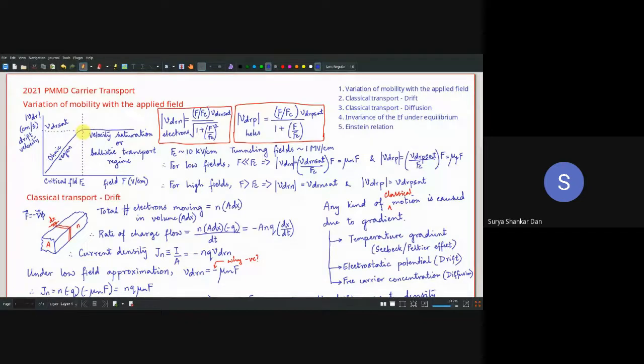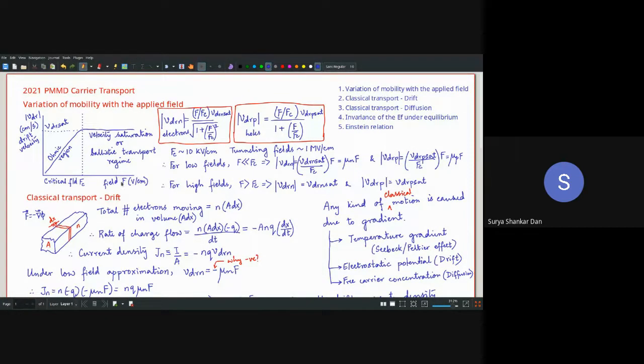Can anybody guess an intelligent answer? Energy bands. No, that is one way of looking at it. But over here, why doesn't velocity saturate in case of a metal? That is my question. No concentration gradient. Concentration gradient is zero over there. No, that is the diffusion. No, ये तो मैं drift की बात कर रहा हूँ. This is all about drift.